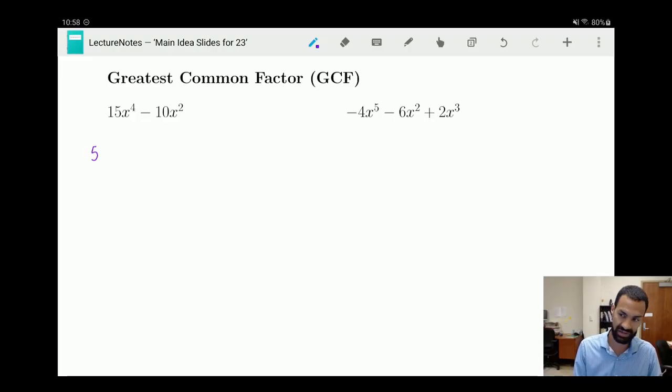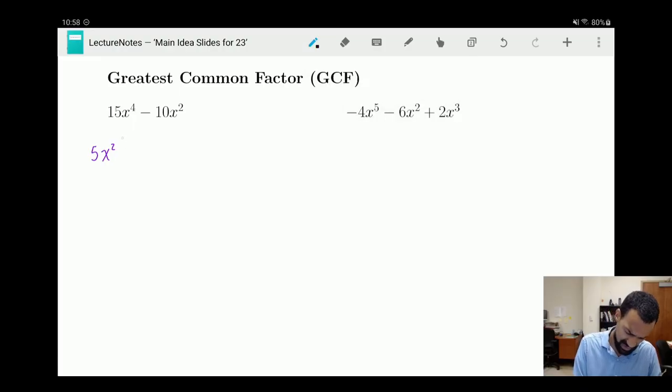The next thing is to look at the variables. Both of these terms are variable terms. They both have an x, right? This one has 4 x's, this one has 2, but they both have at least 2 x's in common. So I would say x to the second power is my common factor among the variables, right? So 5x squared is my greatest common factor. Okay,